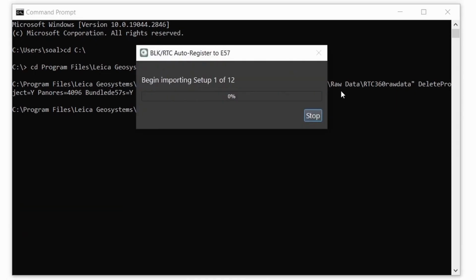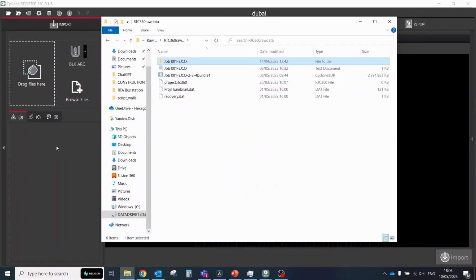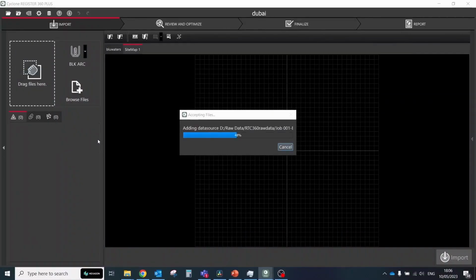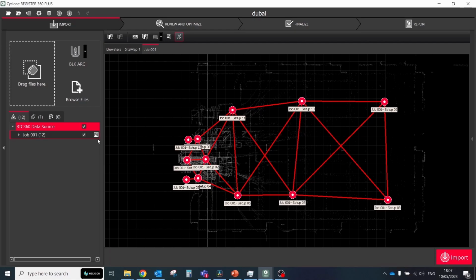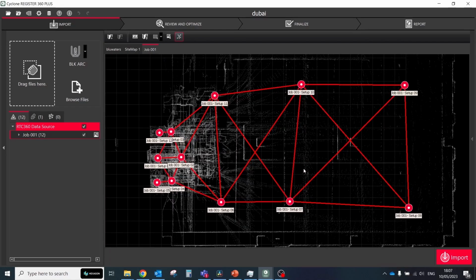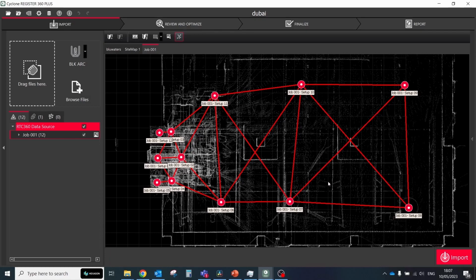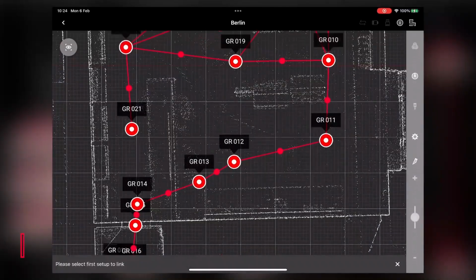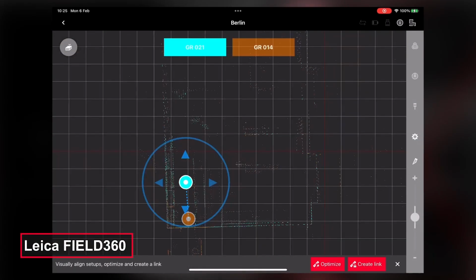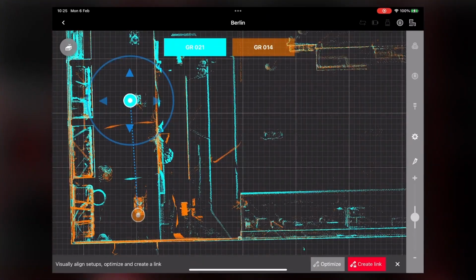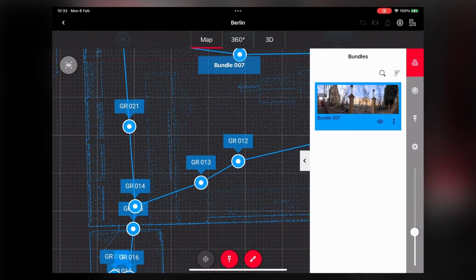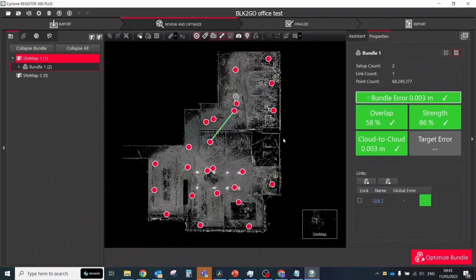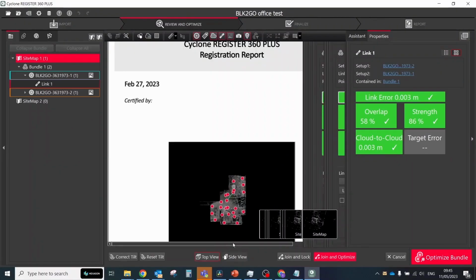If you're processing RTC data, then your Field 360 and VIS information will be used for registration. But if you work with BLK360 G1 data, it will be processed through AutoCloud for registration. Cyclone Field 360 linking is not supported for BLK360 G1 data, due to the fact that Cyclone Field 360 links are stored exclusively on the tablet. With the latest updates of Field 360, you can create additional links and close your loops, which will guarantee you correct registration. And to be sure that everything was done fine, you can open the project in REGISTER360 and check